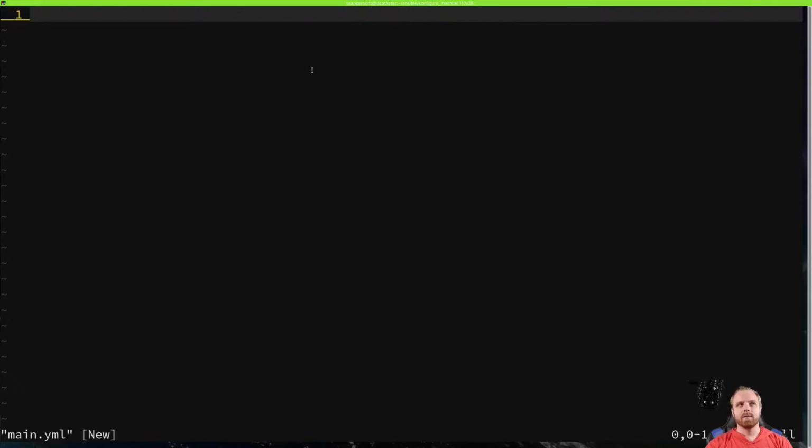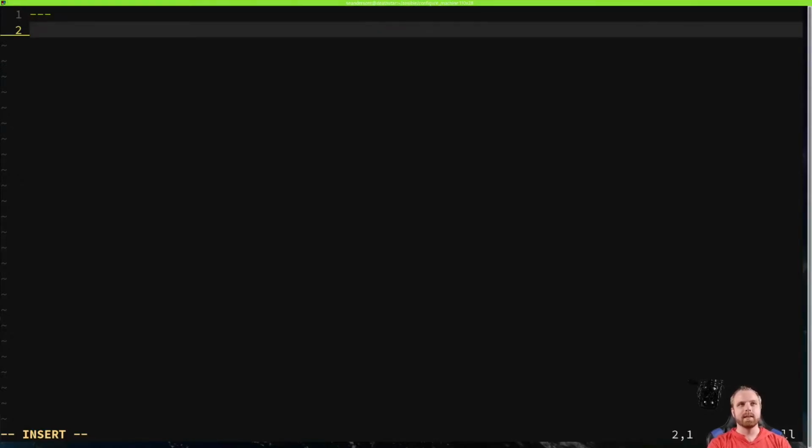The first thing that we're going to do, and because this is YAML, you want to make sure that you have the three dashes defined right there, and that's basically going to say that this is a YAML file. The next thing we're going to do is add a self-documenting line, which is called name. Basically what name is going to do is display this when we run this playbook. And so we're going to say